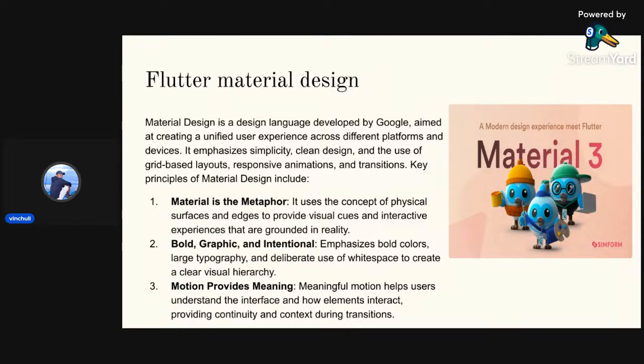So the material design is a design language developed by Google aimed at creating unified user experience across different platforms and devices. It also emphasizes the core design principles, that is simplicity, clean design, and the use of grid-based layout, responsive animation, and transition. The key principles of material design include